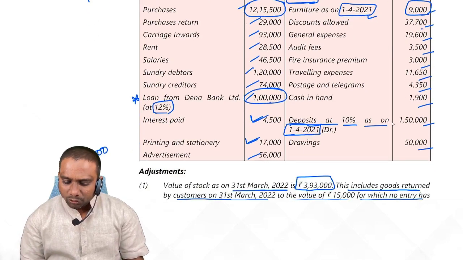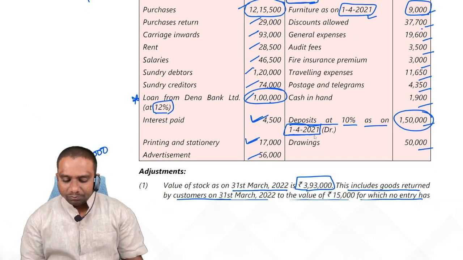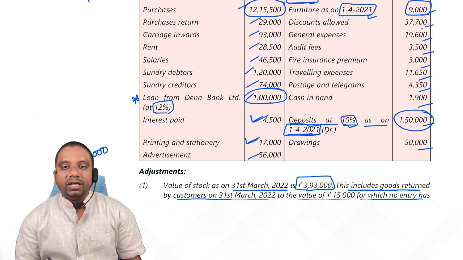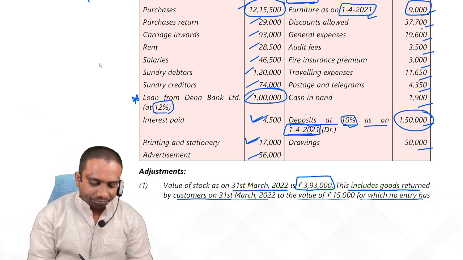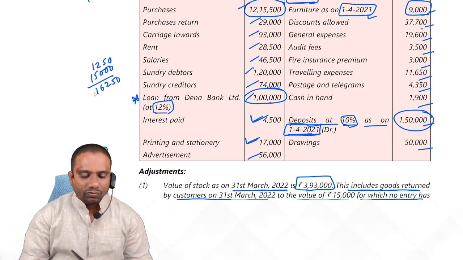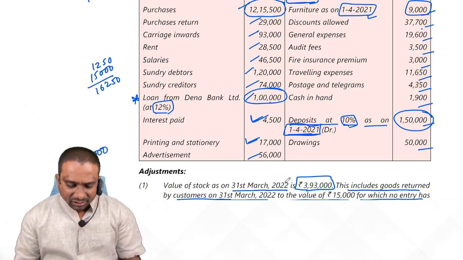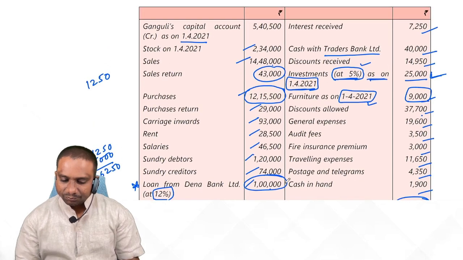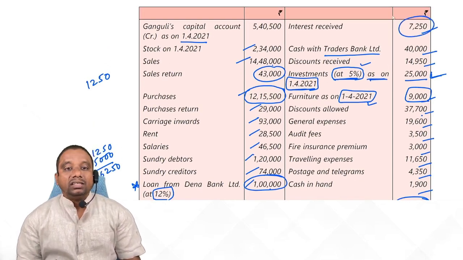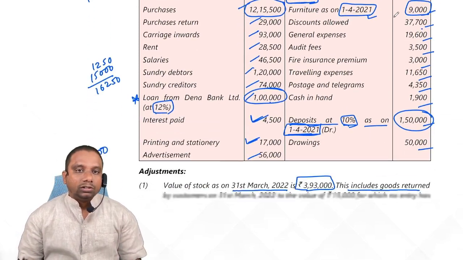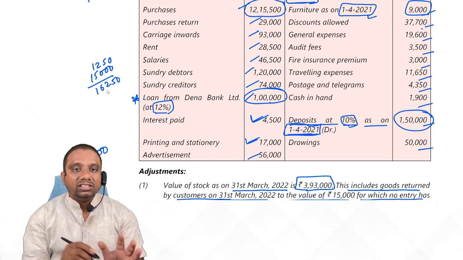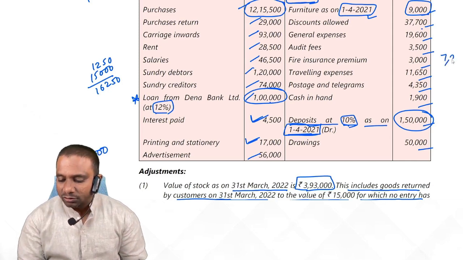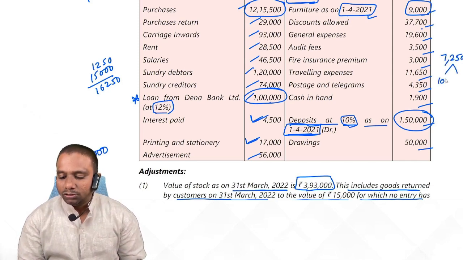Next, here we have deposits of 1,50,000 rupees from the beginning, on this 10%, so 15,000. 1,250 plus 15,000, total 16,250. But interest received, how much? You get 7,250. Out of these, 1,000 rupees from debtors and